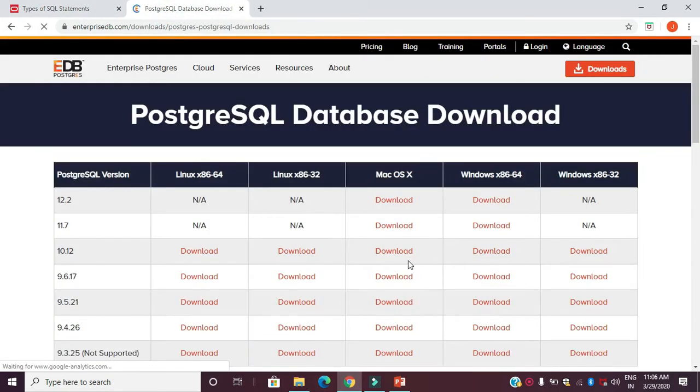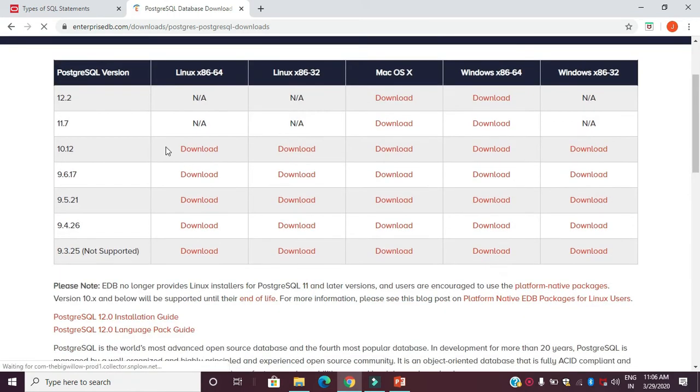Then you'll get a table of different options: the different PostgreSQL versions and the operating systems that support those versions. From this table, I'm going to download the Windows 64-bit version because I'm using a 64-bit operating system.